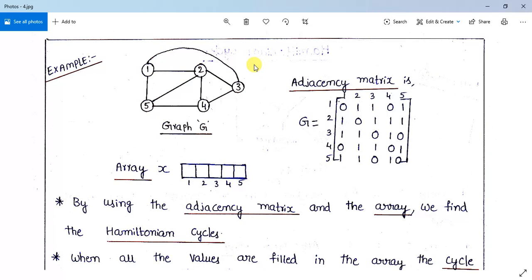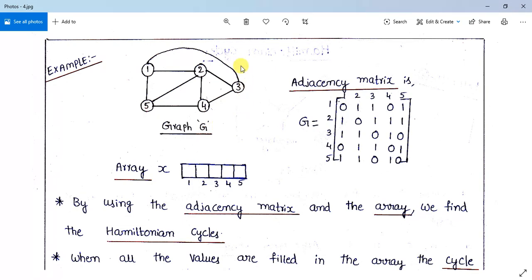First we will discuss how to find the cycles practically, what the procedure is. Next we will see the algorithm for that. After that we will see how to find the Hamiltonian cycles using a state space tree, or a solution space tree. In backtracking, generally you obtain the solution by drawing a state space tree. That also we will discuss.